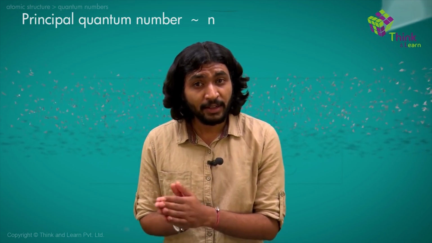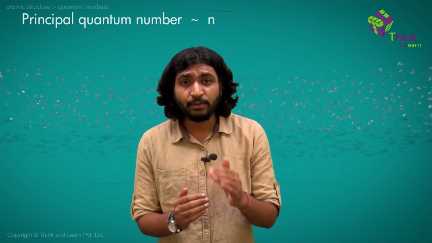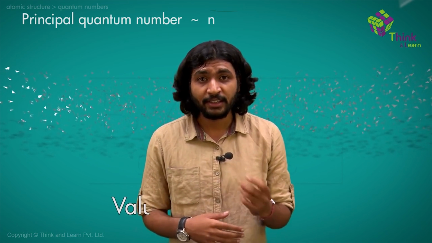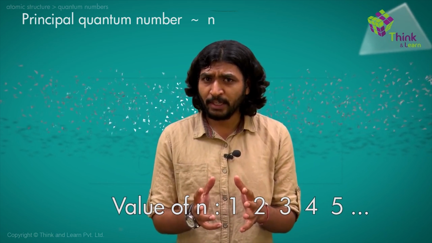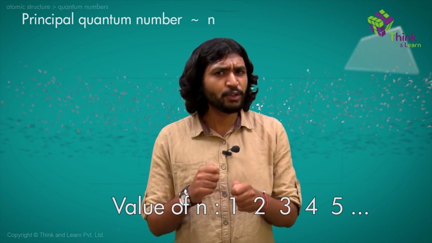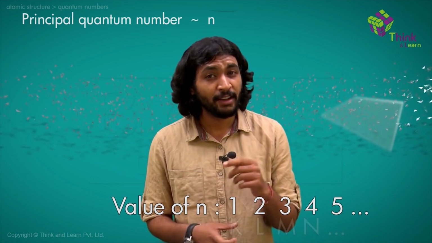So just like that, the value of N for an electron present in the lowest energy state is 1. As we progress in energy levels, the value of N increases: 1, 2, 3, 4, 5, and so on. That gives you an idea of the principal quantum number. In fact, this is something you've already learned before: K shell, L shell, M shell, right? Very familiar. Now just forget all those. From here onwards, you're going to call them N equal to 1, 2, 3.